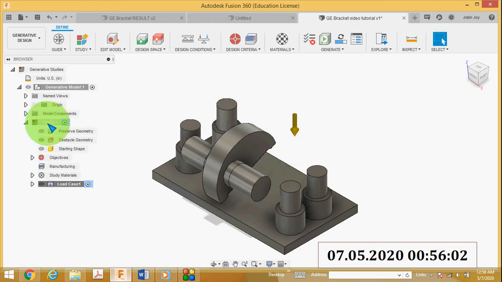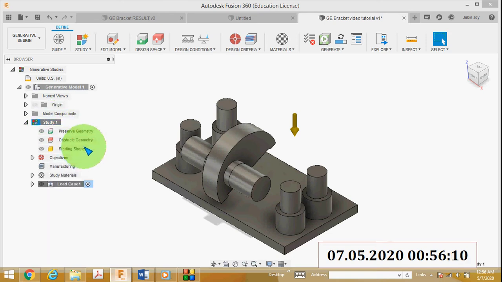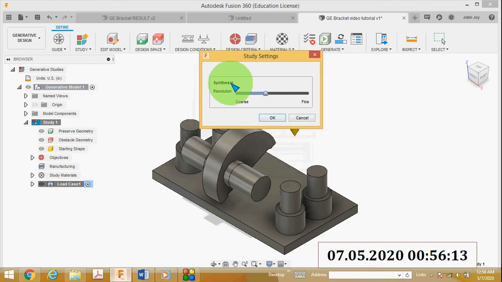Then another important thing is to right click study one, and you can see the study settings. Click the study settings, then select the synthesis resolution. You can set your resolution coarse and you can set your resolution fine. If you opt for fine, this will take more computation time, but you will get an accurate result.